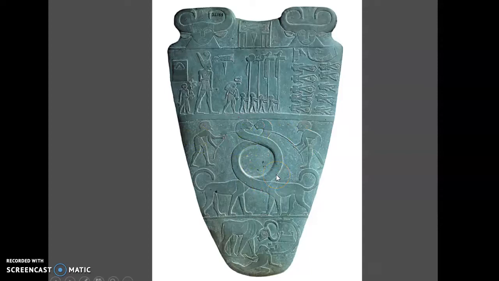Well, that's why this is called the Palette of King Narmer, because Egyptians really did wear black eyeliner around their eyes, just like football players put a smudge of black under their eyes to reduce glare. So they think this was a ceremonial object, and there was probably eyeliner they would apply perhaps to something extraordinary, like an effigy of a god or a depiction of a god.